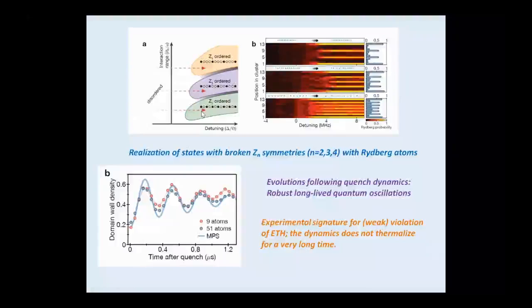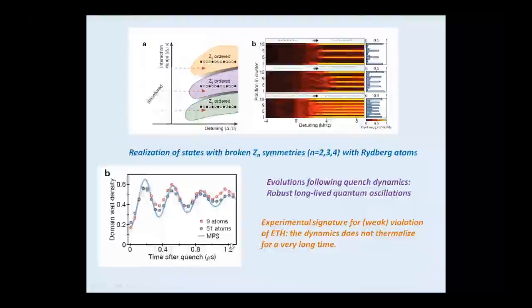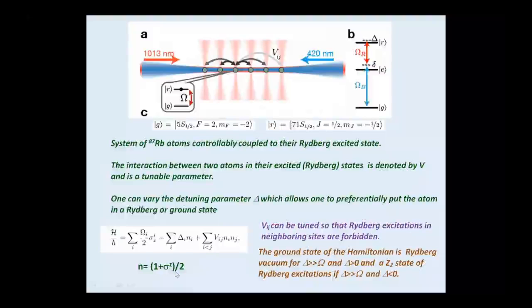Krishnendu, I didn't get your last term in the last slide. Can you just go to this one? So Vij, yeah. Your n equal to 1 plus sigma z, the whole divided by 2. So that makes your densities fractional, right? No, it doesn't. Sigma z takes value 1 or minus 1. That's right. So it's 1 minus 1, and you have a unit matrix, identity matrix. So it's going to add up to 1 or 0. It is 1 or 0. Okay. Yeah.